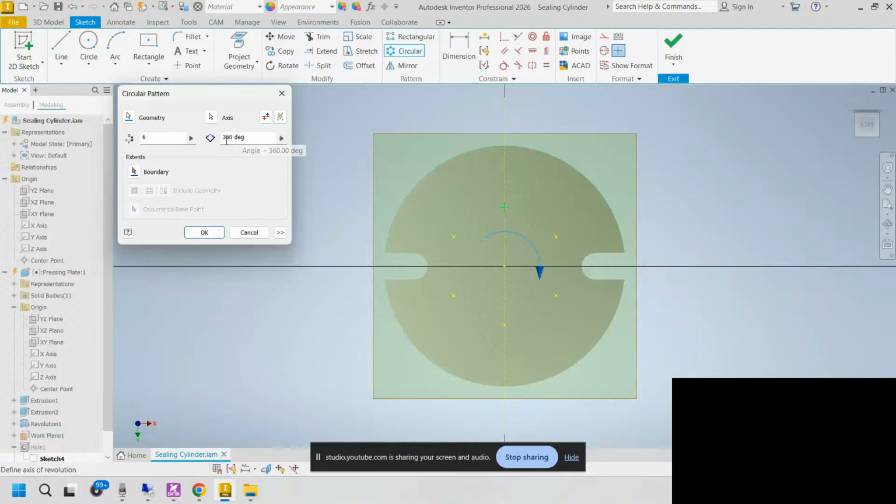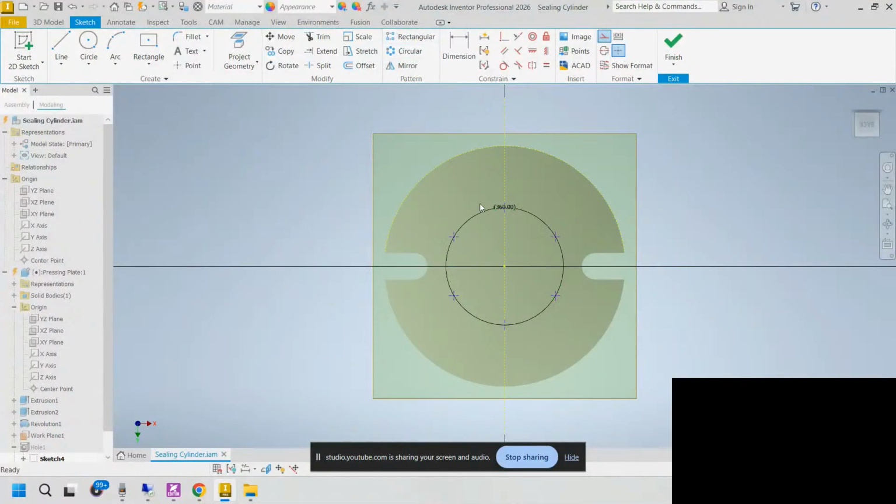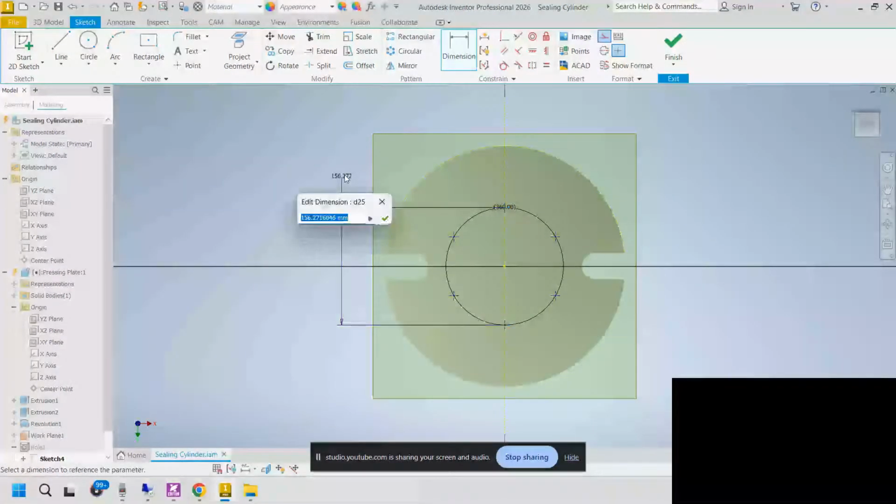And I have to choose the distance between this point and circle, or I can choose distance between these two. The distance is 160. Okay,